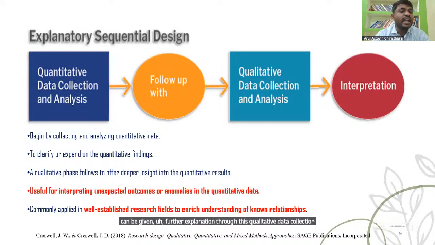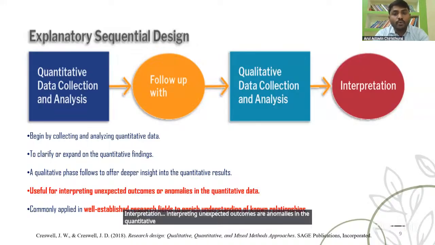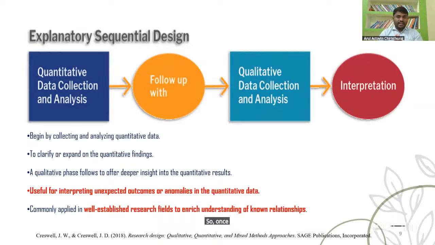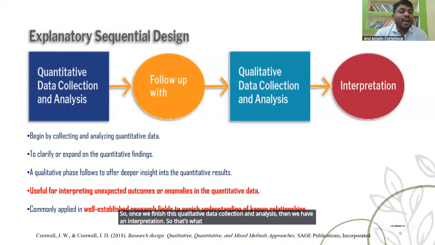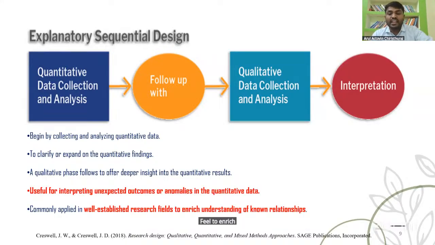That's useful for interpreting unexpected outcomes or anomalies in the quantitative data. Once we finish the qualitative data collection and analysis, we have an interpretation. It is commonly applied in well-established research fields to enrich understanding of known relationships.